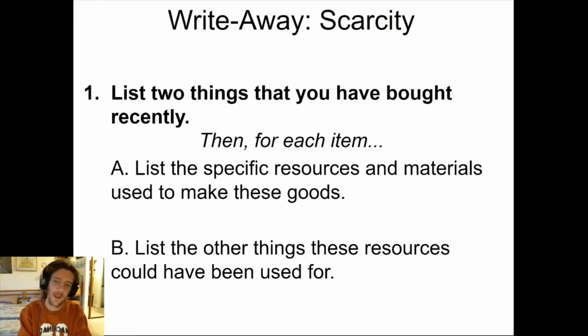I'll go ahead and go over my example. So let's see. Last thing that I bought was a bit of kale to go in a kale salad. That's a leafy green vegetable, for those of you who might not know. And the specific resources and materials used to make that vegetable, let's see. Well, the kale grew in the earth. It was grown at a farm. It was watered. It was touched by the sun for